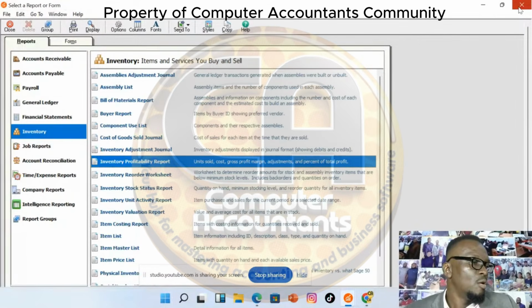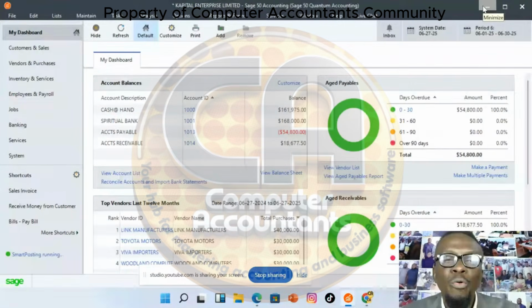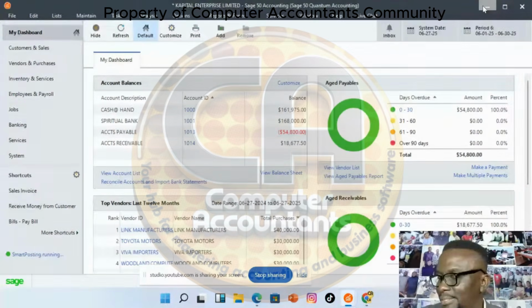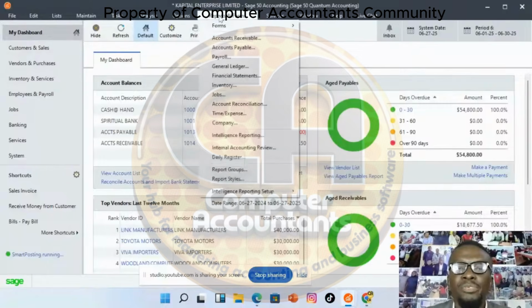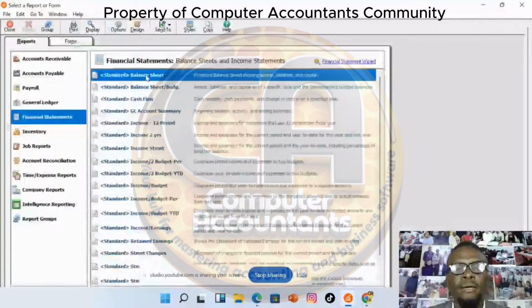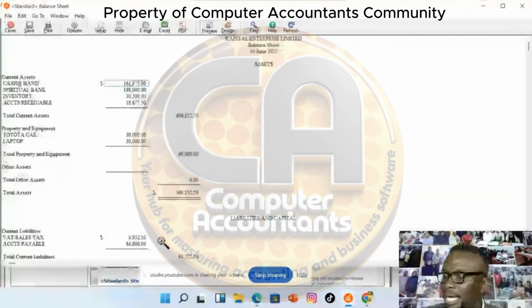Okay. Good. So let's look at how to remit VAT. First of all, we have to find out the total VAT collected. So I'll go back to report and forms, financial statement, balance sheet. So let's see the total VAT. Look at it. We have collected approximately